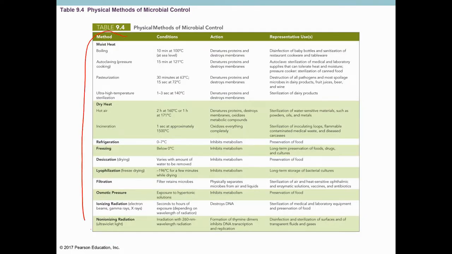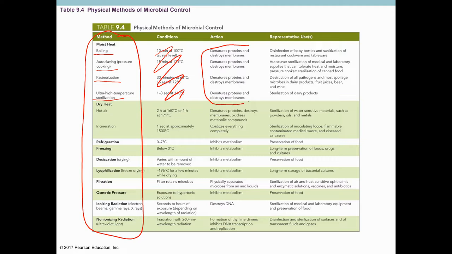So this chart here lists all the things that we just talked about. We talked about boiling, autoclaving, pasteurization, ultra-high temperature sterilization. You don't need to know the particular conditions, and we reviewed that all of these things have similar actions, so denatures proteins and destroys membranes, for example. And then you just need to know that boiling, autoclaving, pasteurization, and ultra-high sterilization are all types of moist heat,